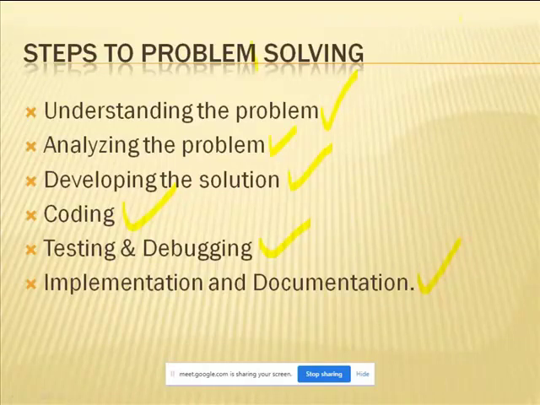And next, developing the solution. Finally you came to one conclusion: train is not possible, car is not possible, bike is not possible, bus transportation is the only one available. So accordingly you need to develop the solution. How you have to go there, whether you need to take the ticket directly in the bus, or online reservation, or at the bus stand, or current booking or online booking, whatever it is, you need to develop the solution first of all.